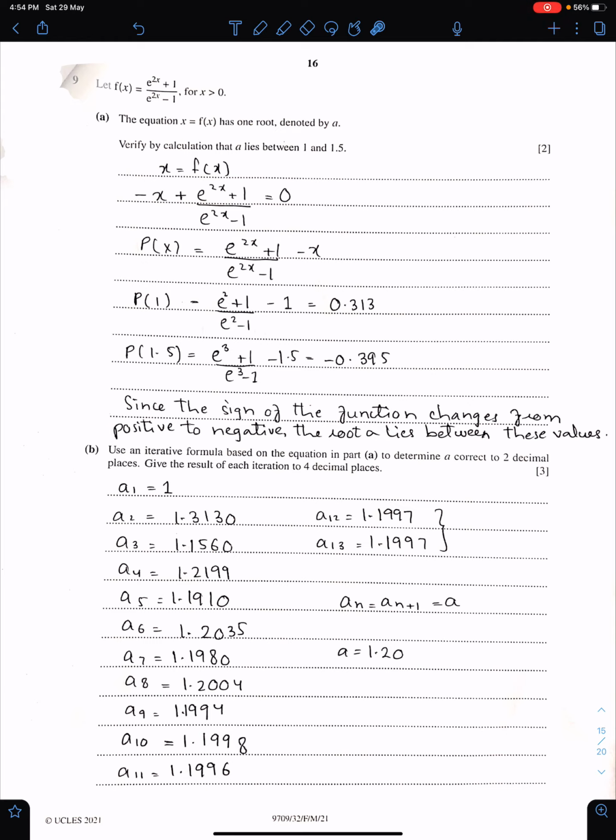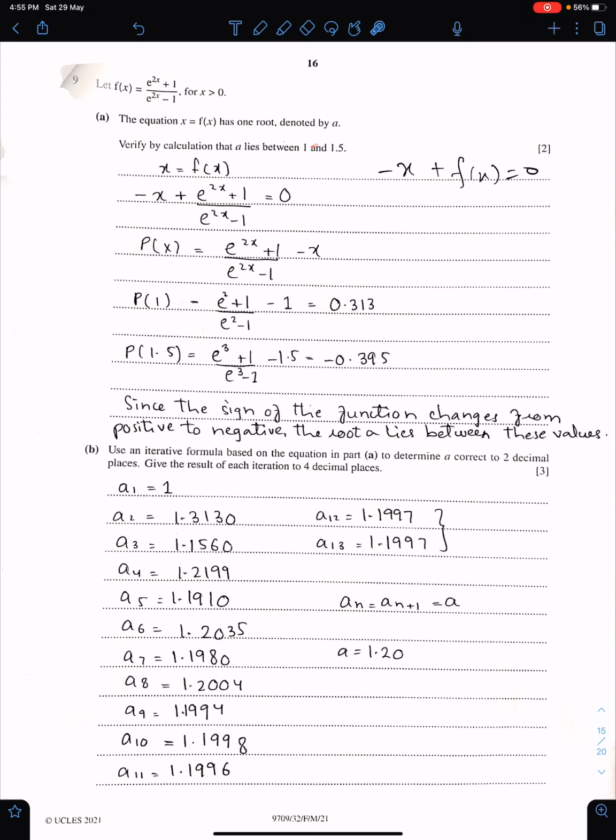This is so simple. You first need to equate this function to 0 like this. Bring f of x or x here. This student brought x on this side. So she got this, minus x plus f of x is equal to 0. Now this is a new function. You can suppose this as p of x.